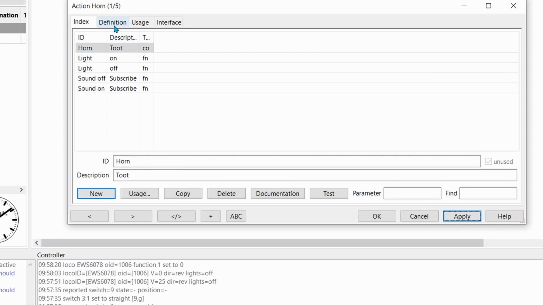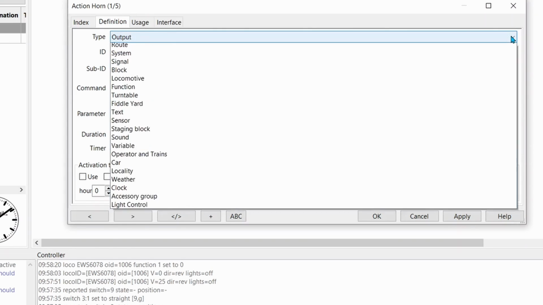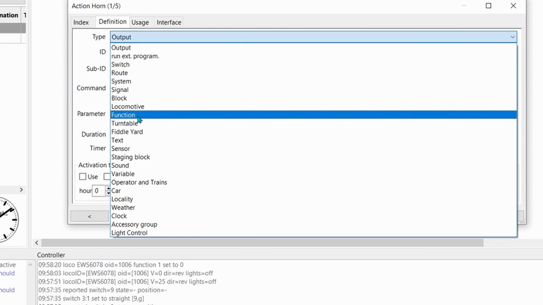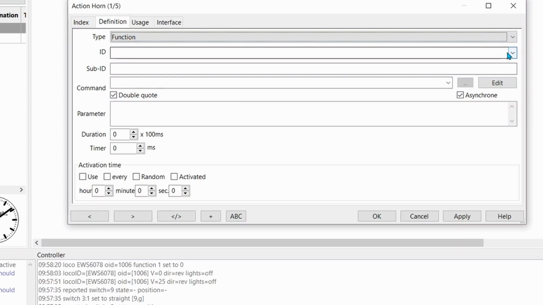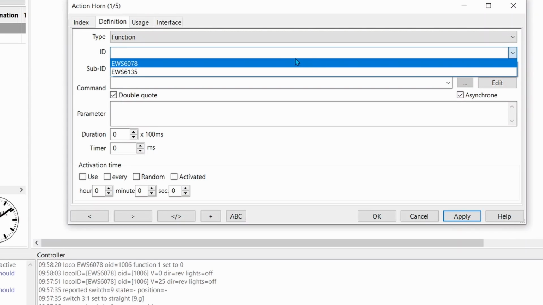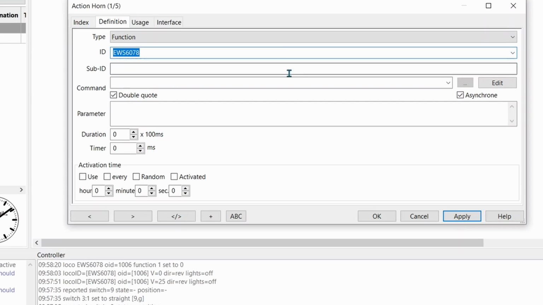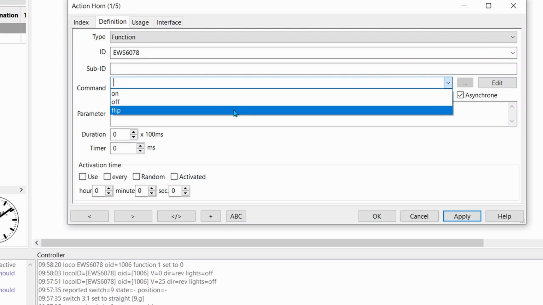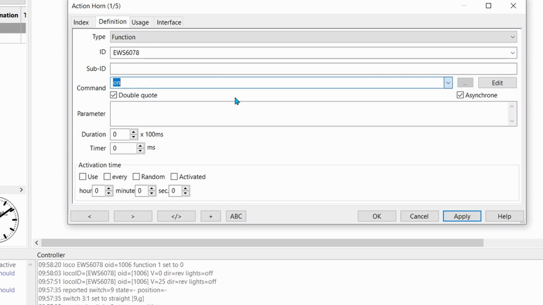And up to definition again, highlight it. And in the definition, it's going to be a function. The locomotive ID is going to be the one ending 78. Sub ID we shall leave blank, and the command we shall leave to on. The parameter for this one here is F2, so we drop the F, put in 2.